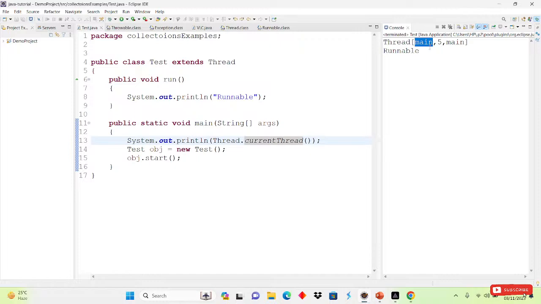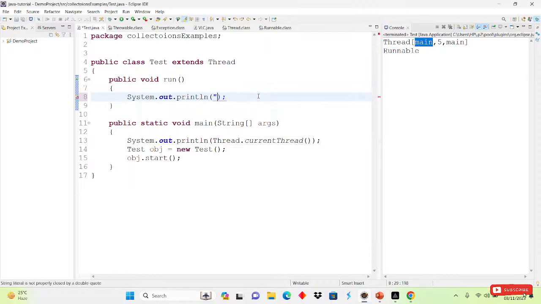Which thread is working here? That is the main thread. Now if I want to know which thread is working here also, we have to differentiate that, right? So to differentiate I will write one here, and after that I will write Thread.currentThread(). I am writing it here to differentiate between them. If I run this,